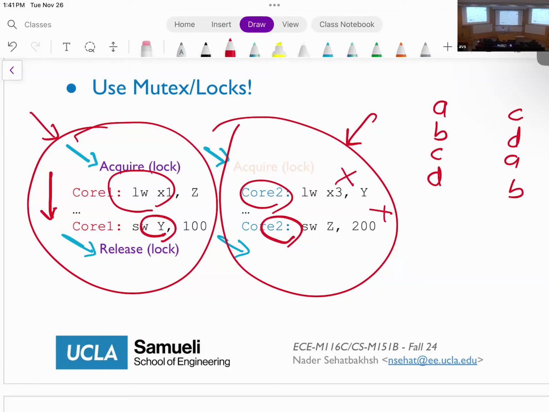The question is, can you put locks on the memory? So locks is actually an API. It's a primitive, a software primitive. So you put it into your programs. Yeah, it's provided usually by the operating system.